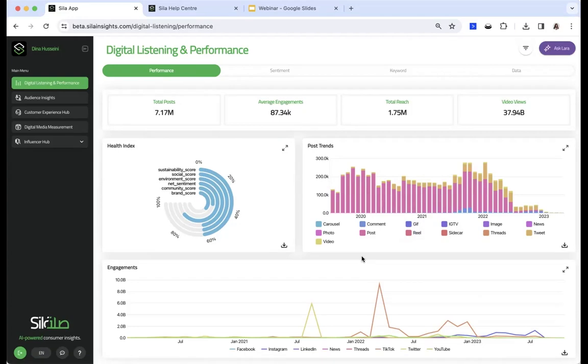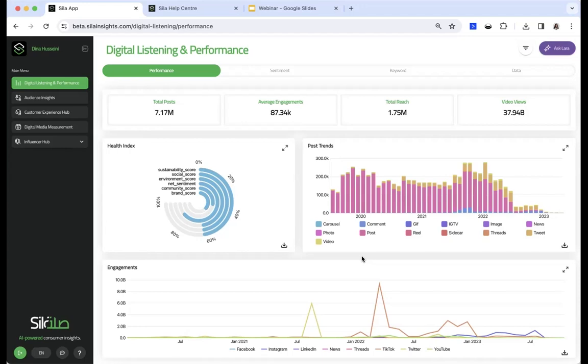The good thing about this is, and by this I mean across all dashboards and all the social understanding suite, that you're not only able to see these insights and this data for your brand, but also your competition. Meaning, if, for example, Ramadan is an important season for me throughout the year, and I want to focus on that, then I'm able to see how my brand has performed during Ramadan over the past couple of years or just this year. And I'm also able to see how my competitors performed in terms of engagements and how these